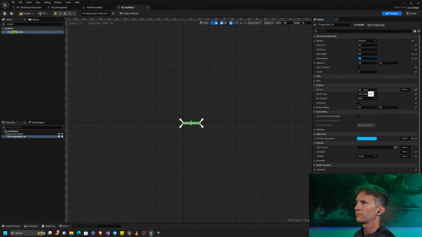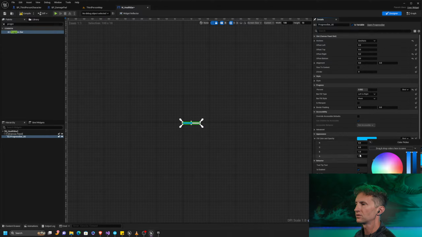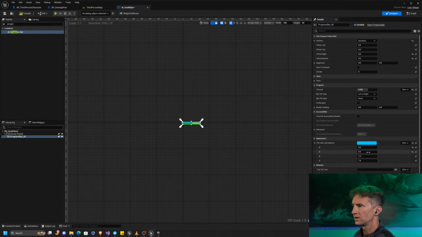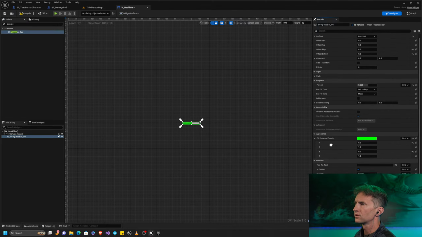over here, some percent. You can see as I change this percent by hand that our health bar changes colors. So let's do a couple little color things to change this. Let's go with a green instead of blue. So now we have green. And then there's also, let's change this to okay. Wait, green. Okay. And then there's also somewhere in here,